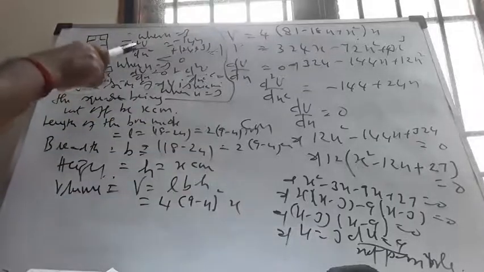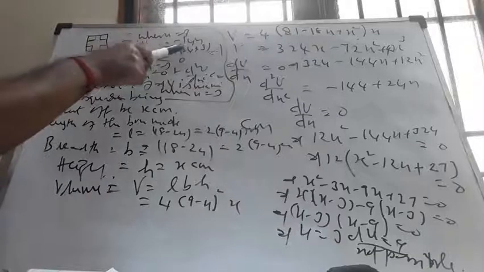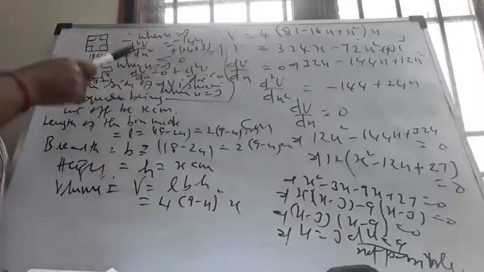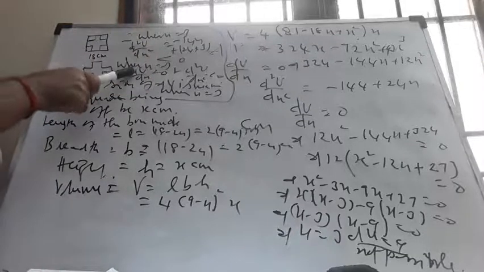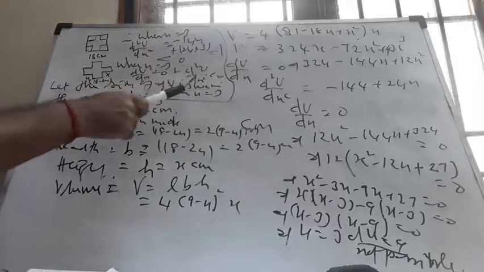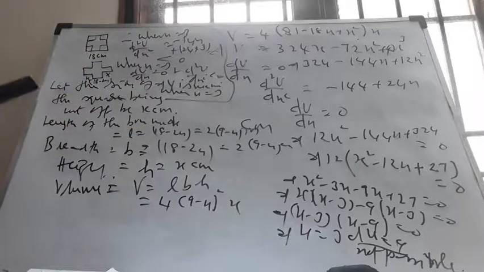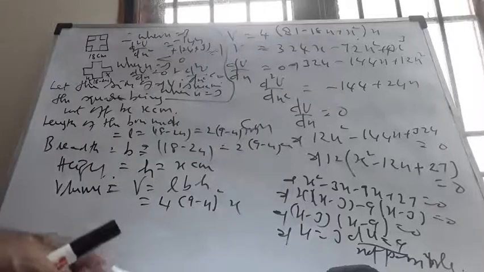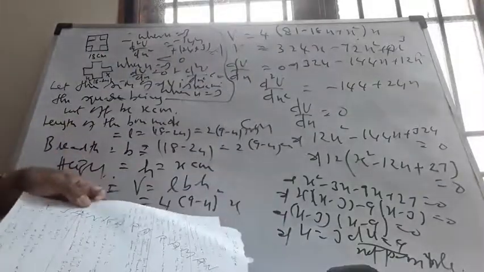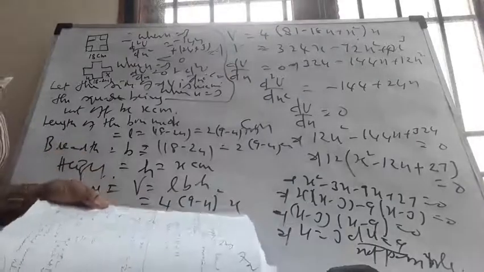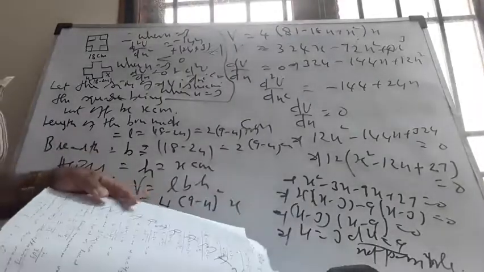When x is equal to 3, the second derivative becomes minus 144 plus 72, which is negative. When x is 3, the first derivative is 0 and the second derivative is negative, which implies v is maximum when x equals 3. Therefore, give the conclusion in words. The side of the square to be cut off should be 3 centimeters for the volume of the box made to be maximum possible. That's what you are supposed to do anyway. That's the way you should do it. Okay, I think it's clear.